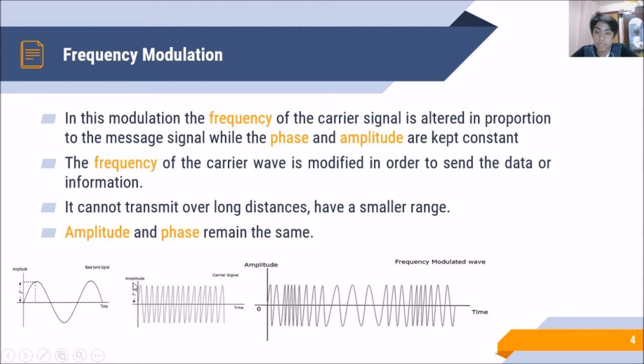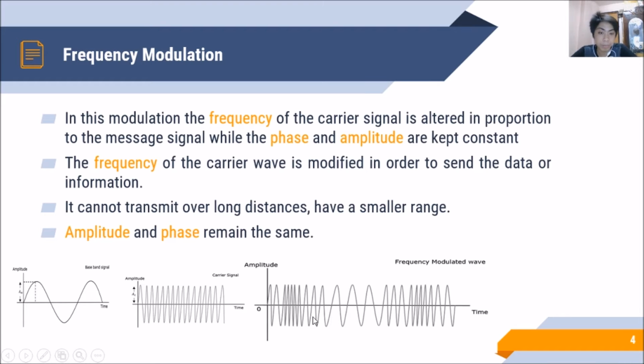As you can see here from the waves, this is the amplitude wave, which is the baseband signal, followed by the carrier signal. And as you can see, the frequency of the wave is modulated, while the amplitude and the phase